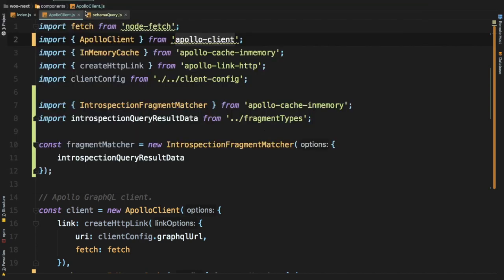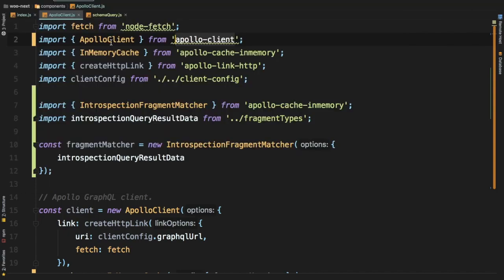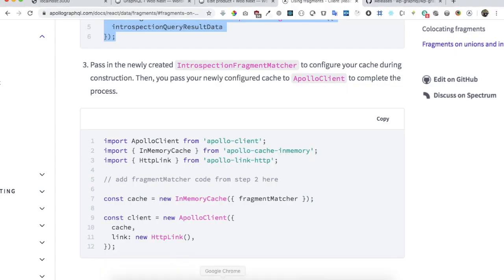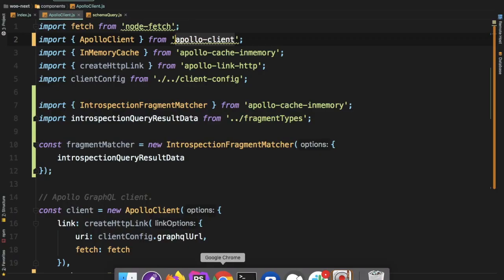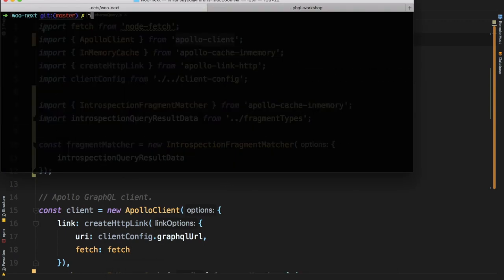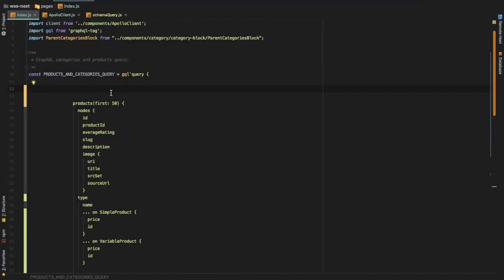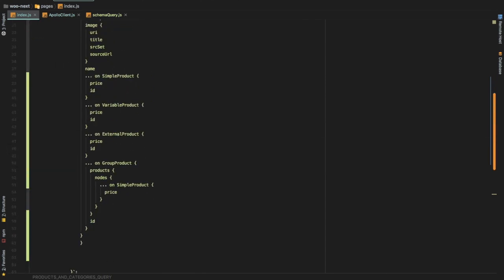Okay, now once it's installed, we're going to run the server back again, and then we're going to go ahead and check whether we are able to get what we're looking for and if that problem is resolved. Okay, this is installed. I'll say npm run dev. Let's just wait for it. Okay, we had deleted the category one. Let me just add that back. Okay, so let's add the category back. And now check